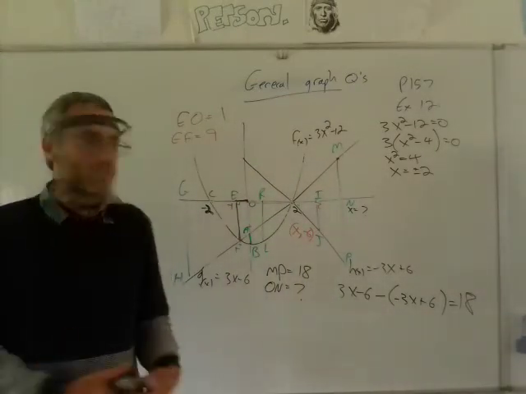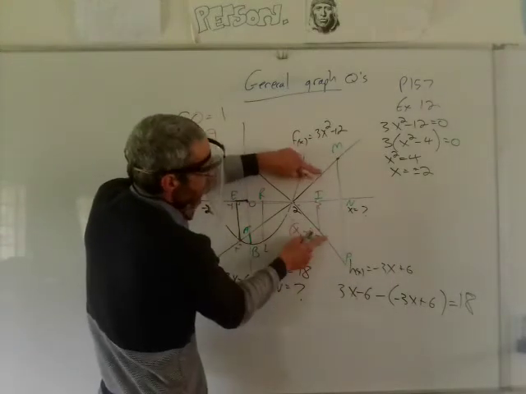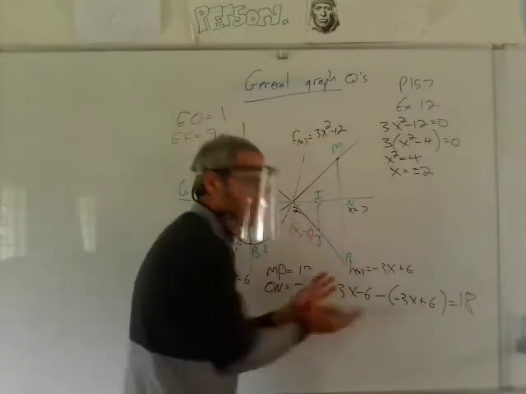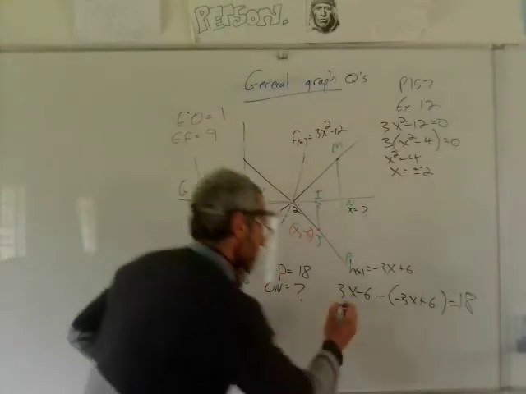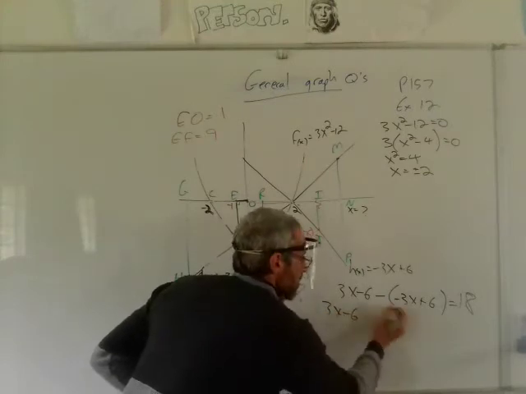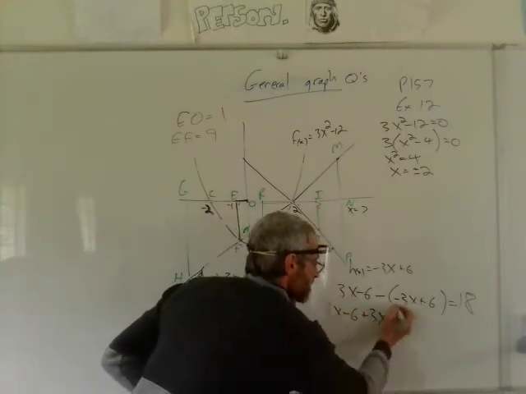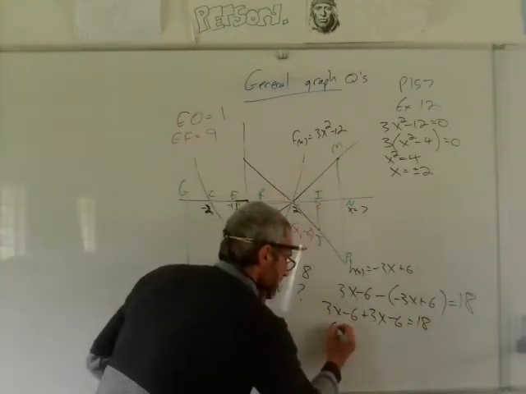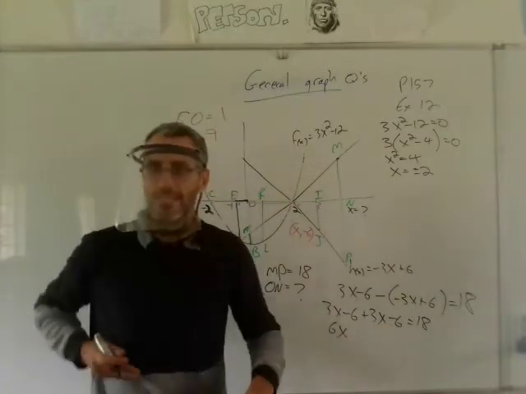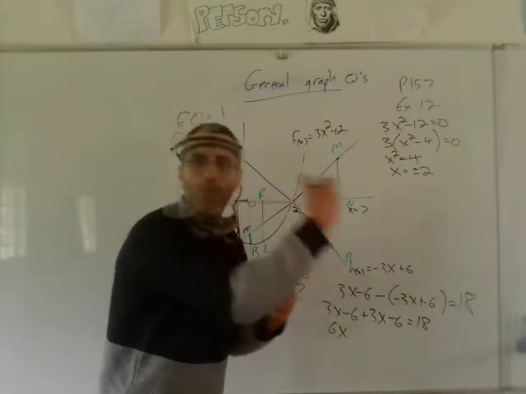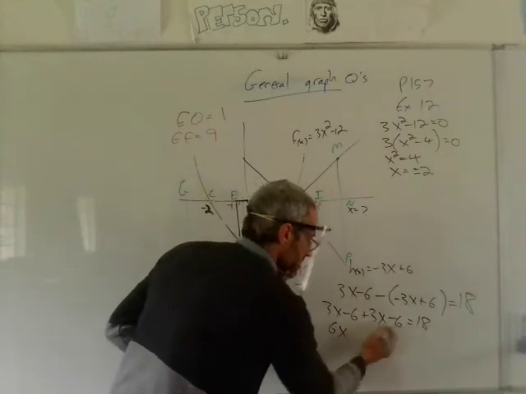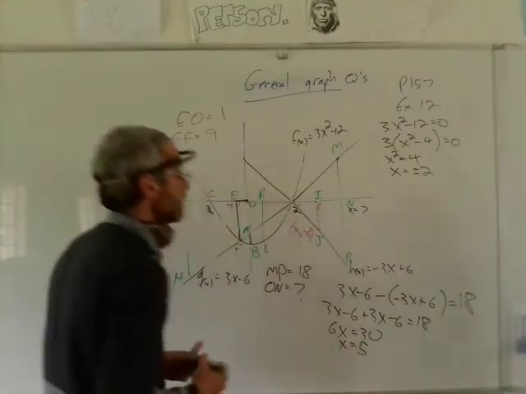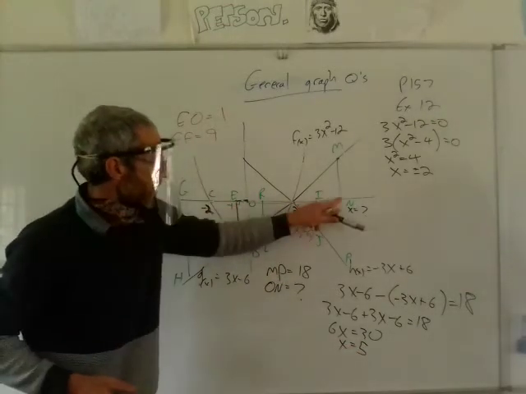Okay? So that's not always the case. Okay, here it will be less than 18, here it will be more than 18. Okay? But for here it will be exactly 18. So we write an equation for x, and now we're solving for x. Okay? So 3x minus 6 minus minus is plus 3x minus 6 equals 18. 3x plus 3x is 6x. Minus 6 is minus 12. I'll pass it on to the other side if you don't mind. 12 plus 18 is 30. x equals 5. Okay? And that means that ON is equal to